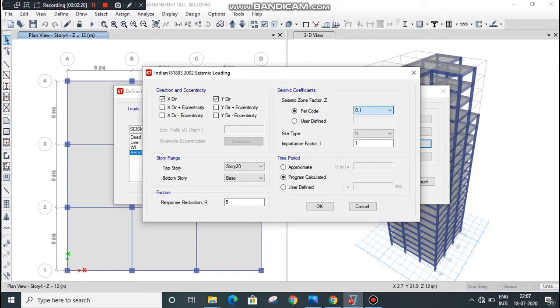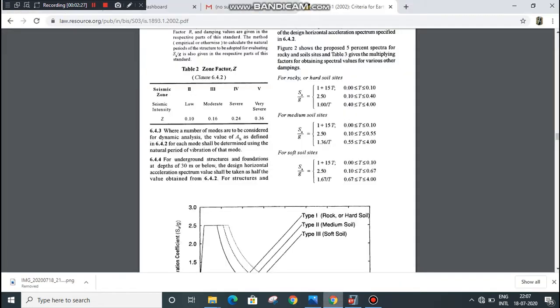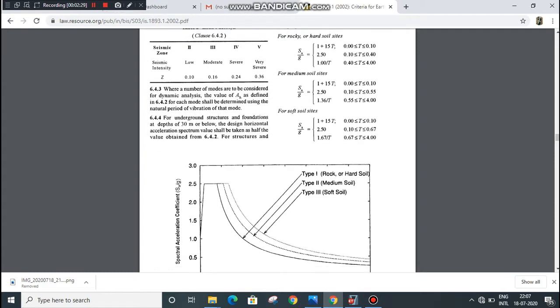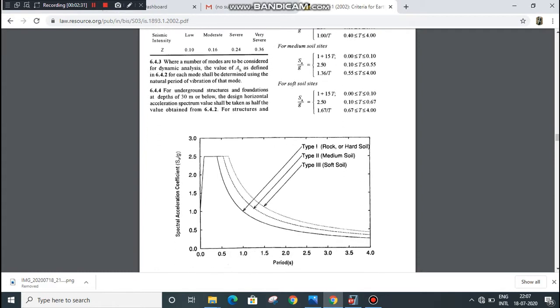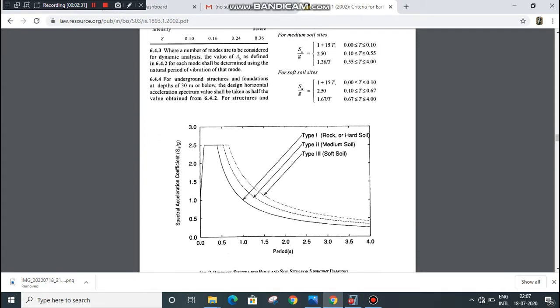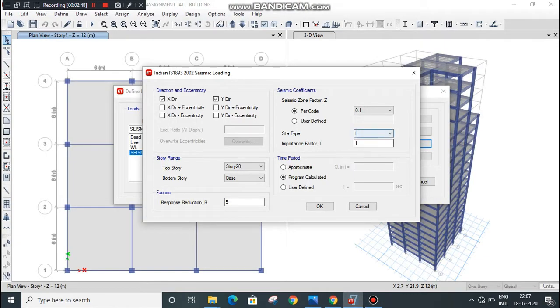Now select 0.1. Site type is 2, as we have already seen in this figure 2. For soil type, refer figure 2. In our case of building design, we have assumed that our soil is medium type. Therefore, for medium soil type 2, select type 2.